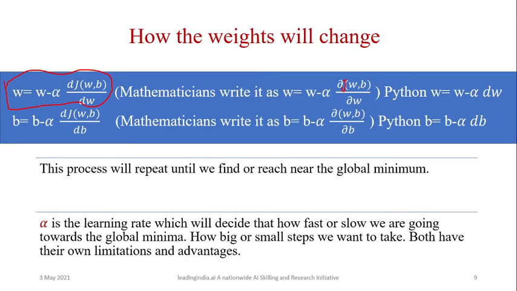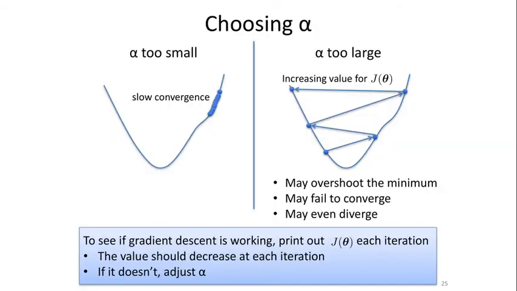So with this formulation, we are able to train our weights. Now one more important aspect: what is this alpha? Because we have seen the alpha in the formulation. So what is the purpose of alpha? Suppose your alpha value is high. In that case, it will take more gradient and add it into the w. So you will have a higher jump.